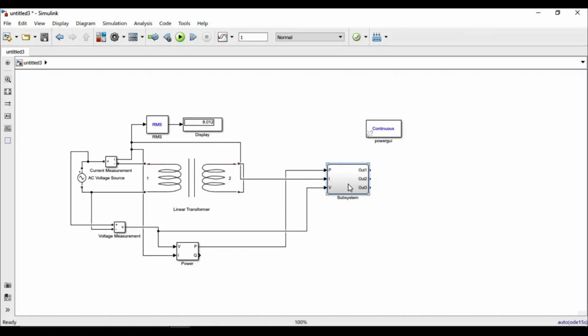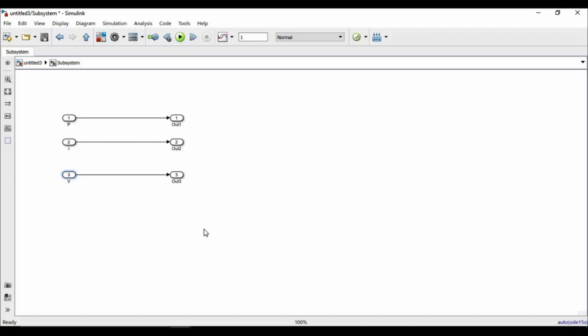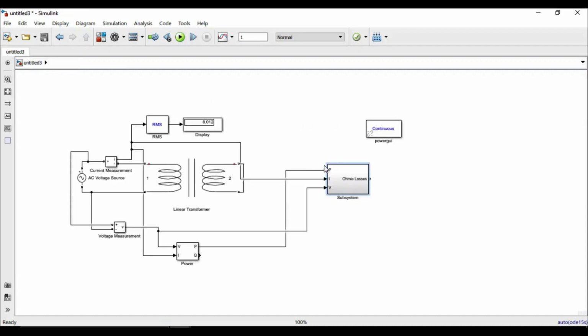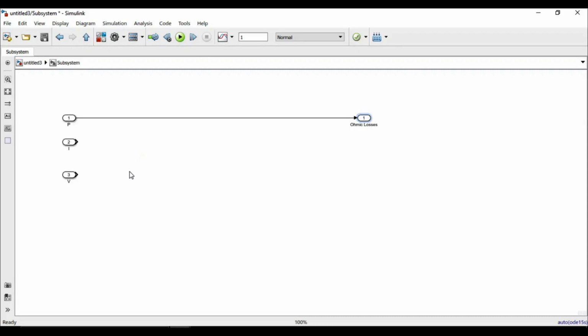So now we will be performing all the calculations inside this subsystem. First of all, this power will directly give me the core losses. So what I can do is directly rename this output block to ohmic losses, and this change will reflect in my original model. So now we have one output, that is ohmic loss. The next thing I'll calculate is Z equivalent, the equivalent impedance.